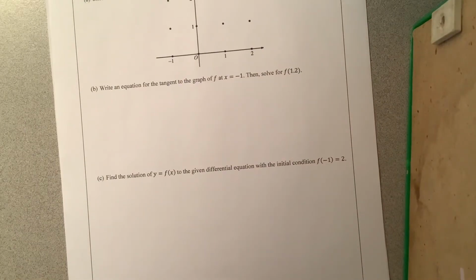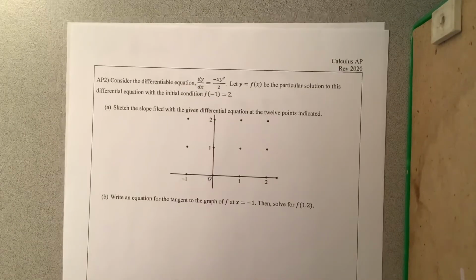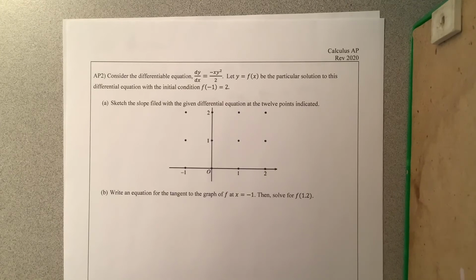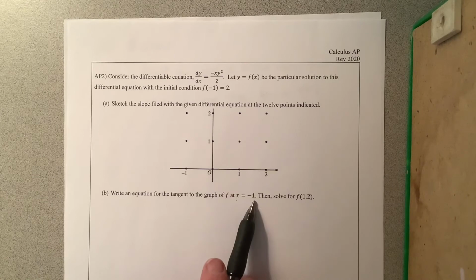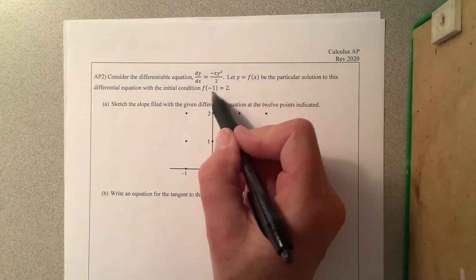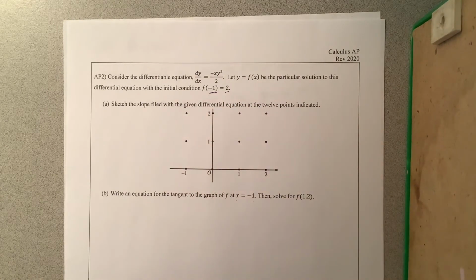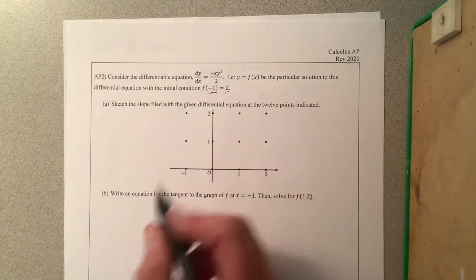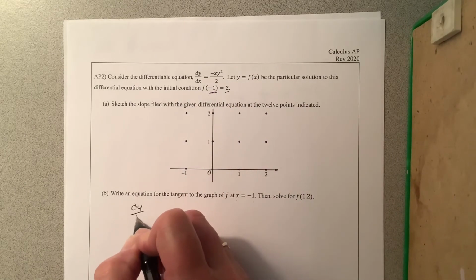The last page deals with a slope field. You need to plot the lines at the top. It asks you to write the equation of the tangent line of the graph at x equals -1. Well, they told us when x is -1, y is 2. If I plug those values into dy/dx, you get